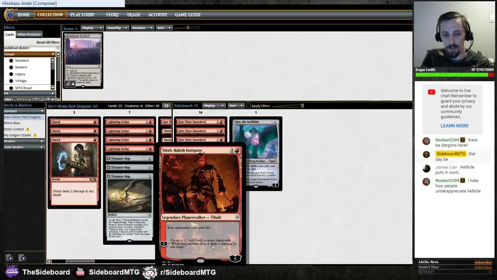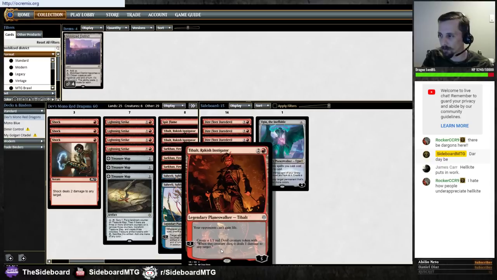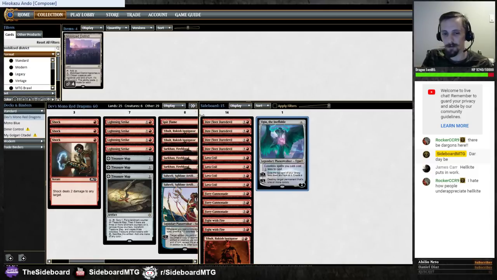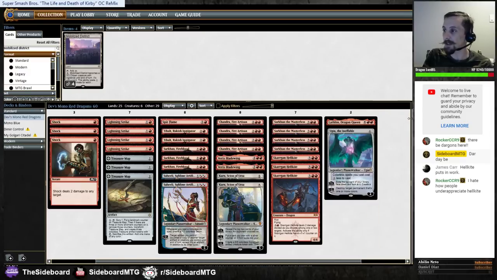That's pretty good. Tibalt here, we've got a couple copies main board, but an additional copy in the sideboard. I'm liking it against cards that gain a lot of life. Haven't seen a ton of them, but I am liking that. And then of course, Ugin's so good, why wouldn't we just want to bring in another one from time to time? I like it. If you guys want to check out the full deck tech, check the information box up above,